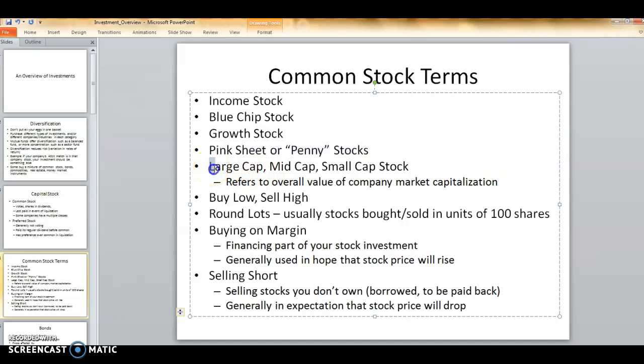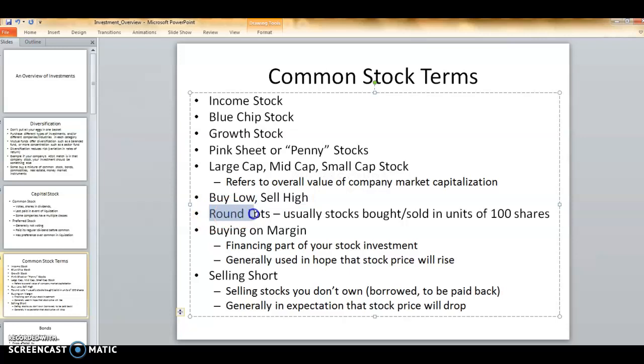Sometimes we talk about, especially when we talk about mutual funds, for example, mutual funds that invest in large cap stocks, mid cap stocks, or small cap stocks. Caps basically means capitalization. So a large cap stock would be a company that has a large total market value of its shares outstanding. A mid-cap stock would be something that has a little bit smaller total market capitalization, and a small cap stock would be a stock that has a fairly small total market capitalization. Again, market capitalization is the number of shares outstanding times the market value per share. The objective when we're dealing with common stock is to buy the shares at a low price and to sell those shares at a high price.